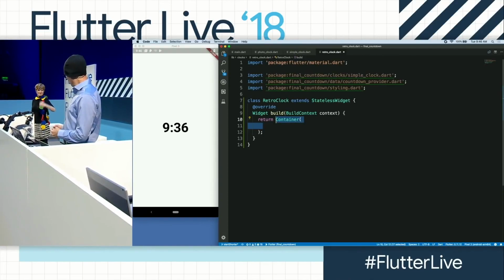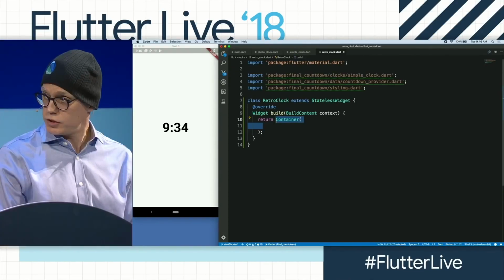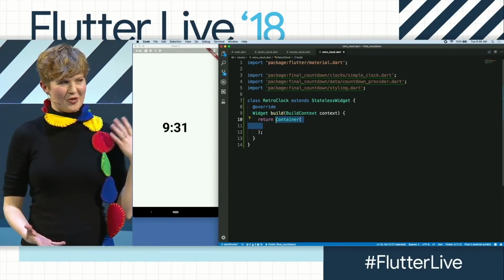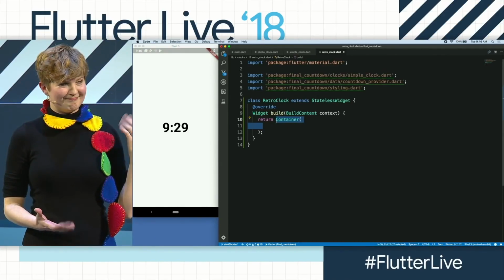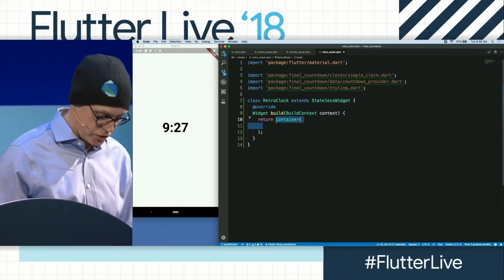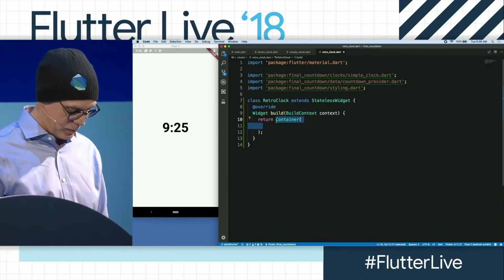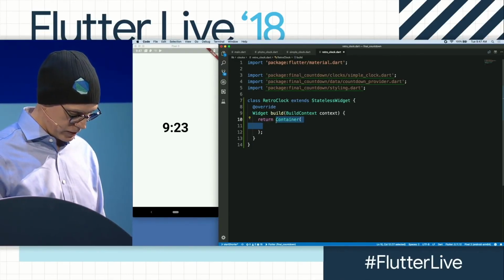Okay, so what screams 70s chic to you? Orange and brown. Orange and brown is one, but also wood grain. So we're going to add some wood grain in. We're going to start there. I bet you all thought you were going to see something awesome, and now you're going to get retro wood